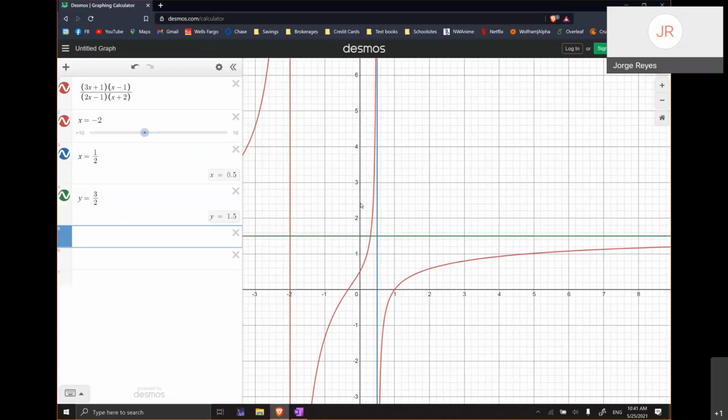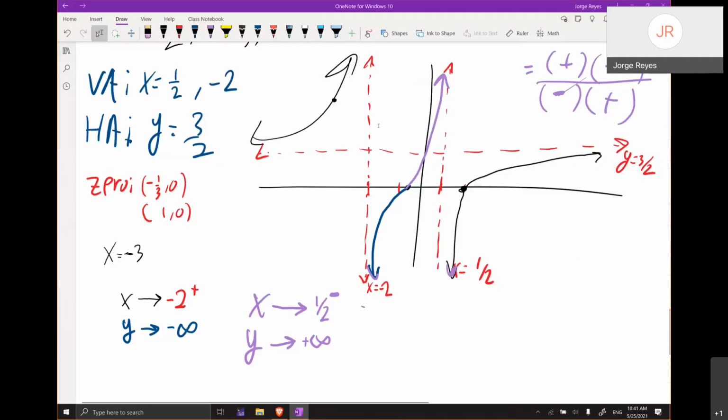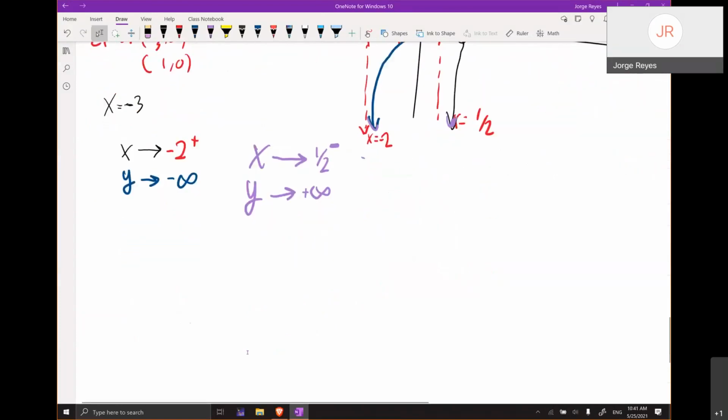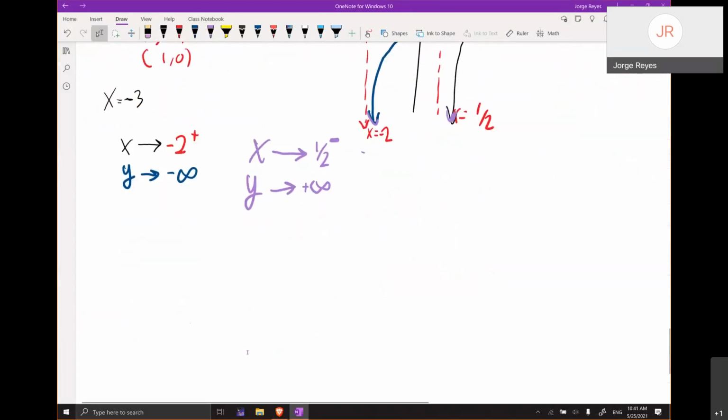All right. So yeah, you need to be good with this end behavior kind of thing, where you plug in a number that's just a teeny bit bigger or a tiny bit smaller. Now let's move on. This is going to be the last example of this kind of thing. So let's do